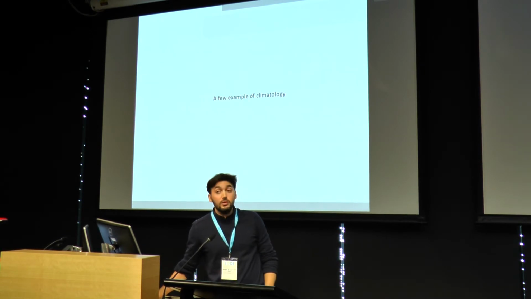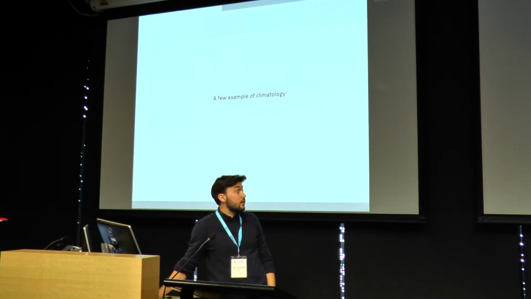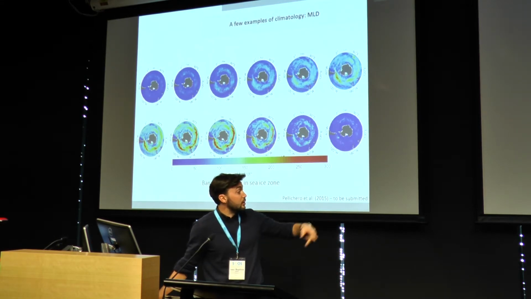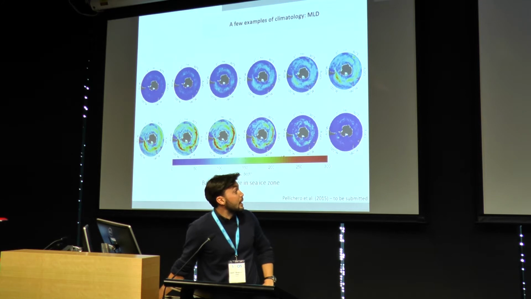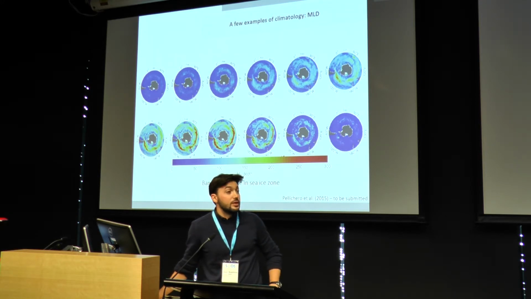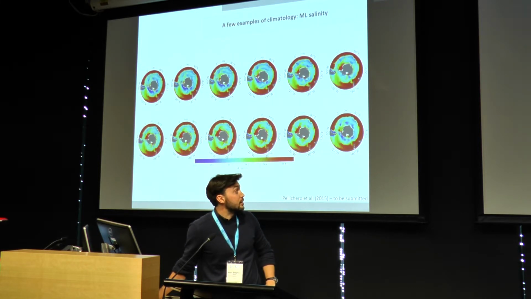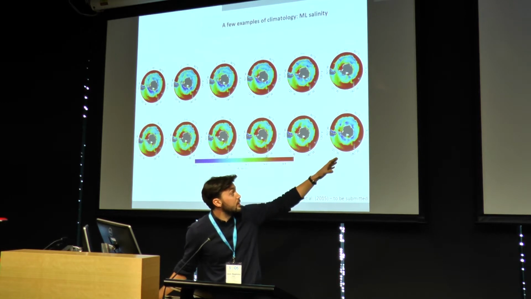So now we can create a climatology, and that's what we've done with potential pressure, and that's the climatology of mixed layer depth here. So we do resolve the seasonal cycle quite nicely. We can look at salinity as well. I like salinity because you see this development of a high salinity tongue in winter